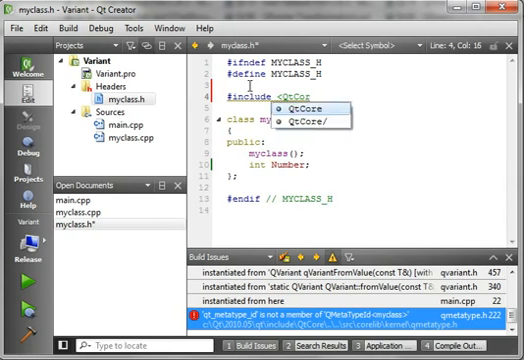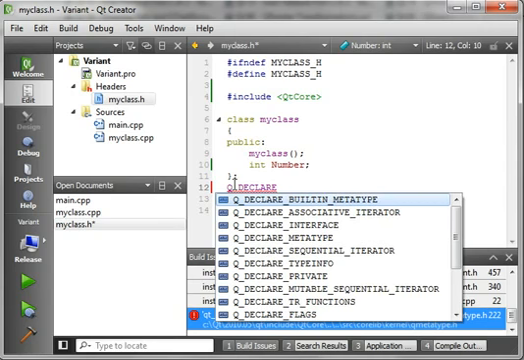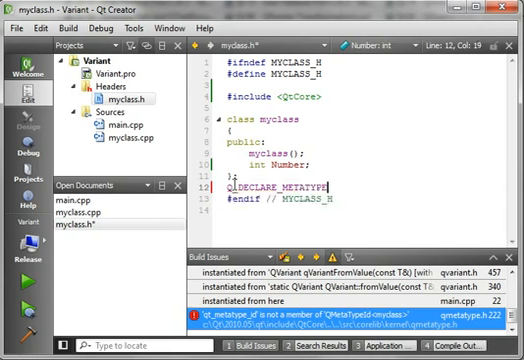I shouldn't say reference. I know I'm going to get some hate mail over that. It's an include, sorry. And then we want to use the macro Q_DECLARE_METATYPE, and we want to actually... help if I typed all this out. Declare meta type